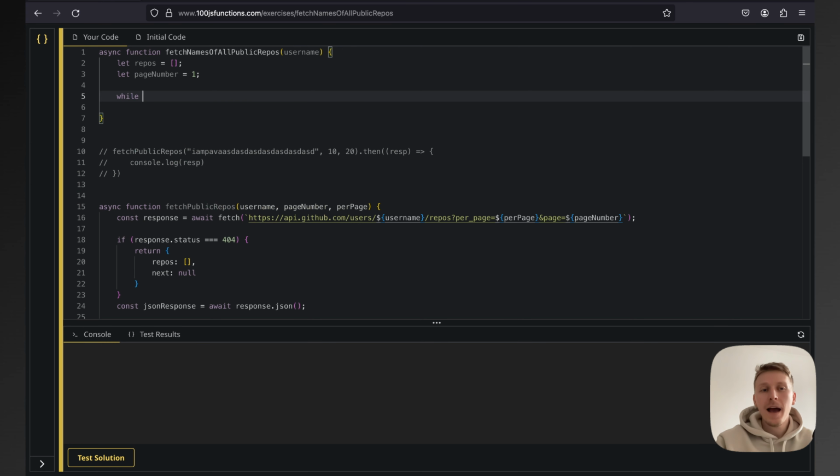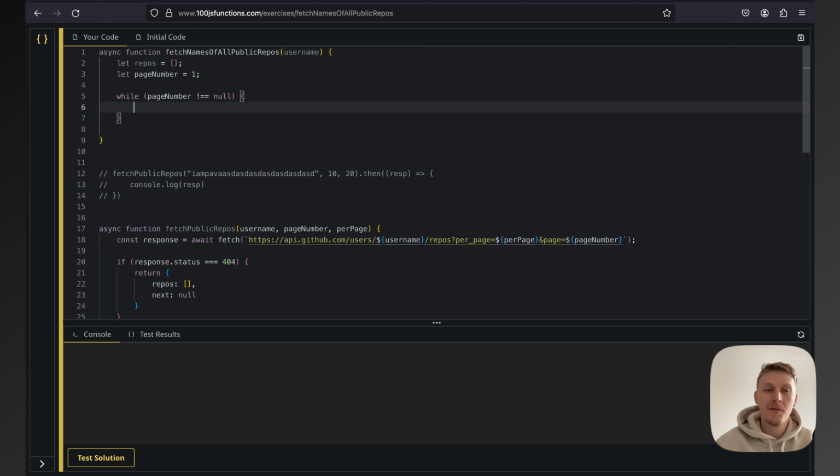So I'm going to say while page number is different than null, I'm going to do something here, right? I'm going to call the API, and I'm going to call it basically in a loop. So I'm going to call one page, a next page, a next page, and so on. So I'm going to say, okay, const, let's say fetchResponse is